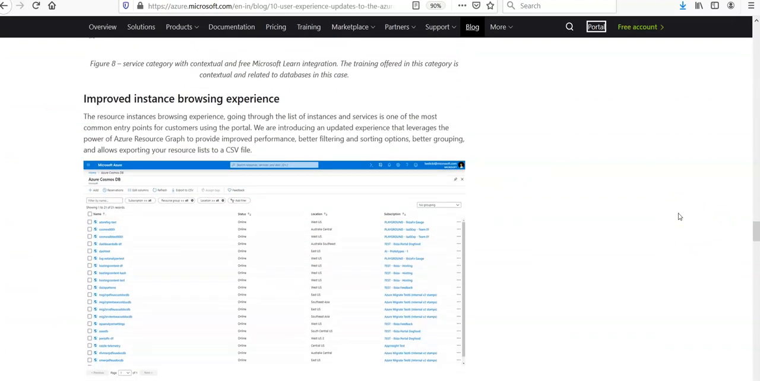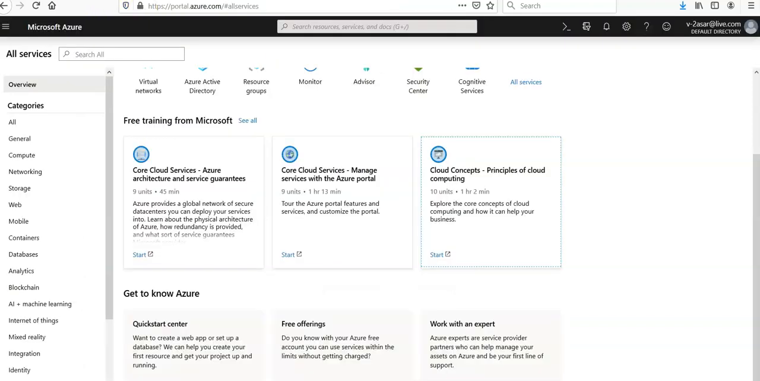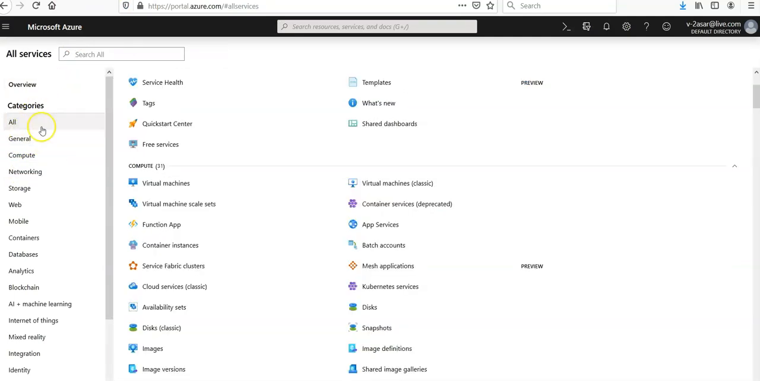they have also provided an improved instance browsing experience. The resource instances browsing experience, going through the list of instances and services, is one of the most common entry points for customers using the portal. They have introduced an updated experience that leverages the power of Azure Resource Graph to provide improved performance, better filtering, and sorting options. So if you go inside the portal, let's say you click on all resources